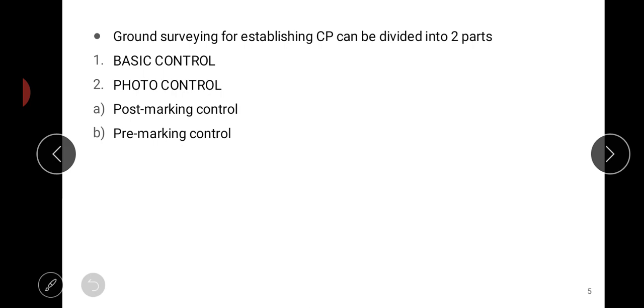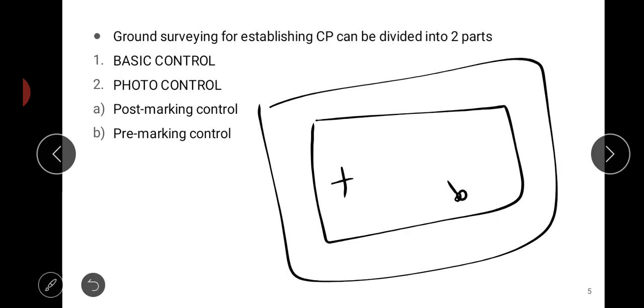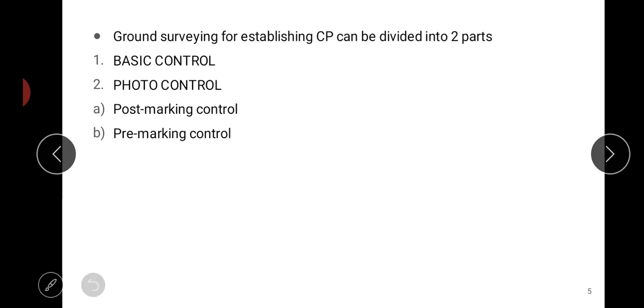What it means is, if this is the ground which has to be surveyed, there are basic control points and pre-marked control points on the ground itself, and once the aerial photography has been taken, there will be visibility of the ground control points and the pre-marked control points. So that type of photography is called pre-marked control.